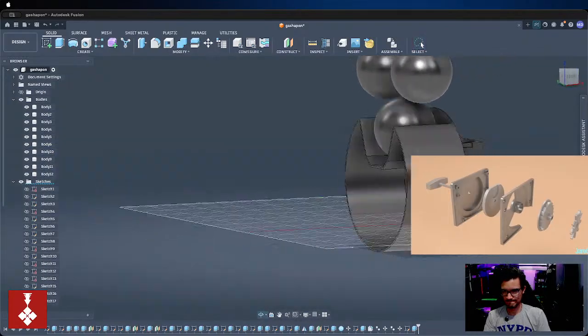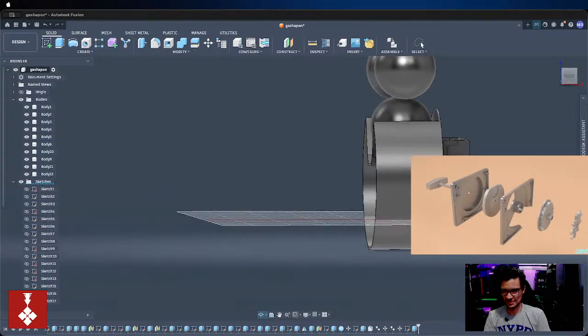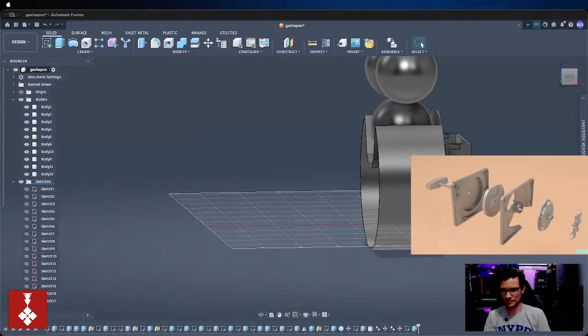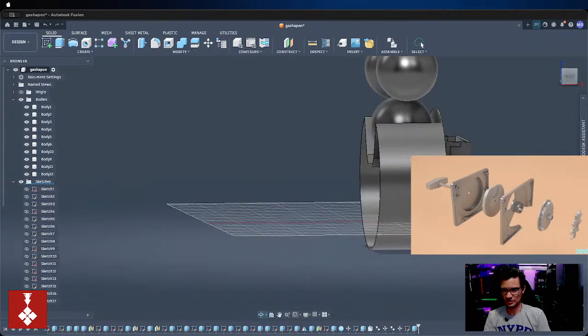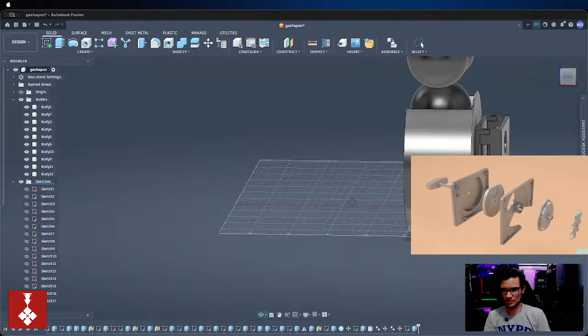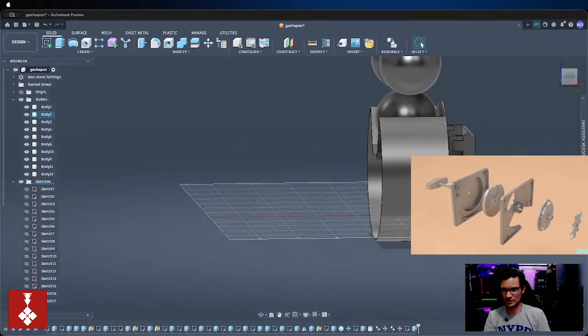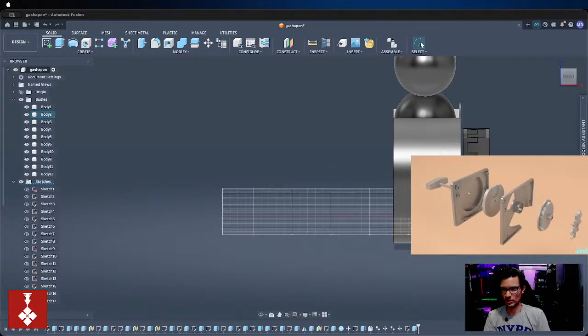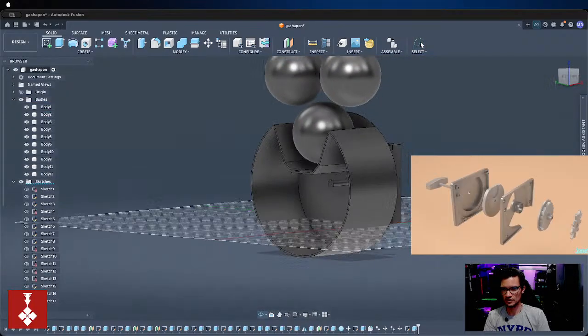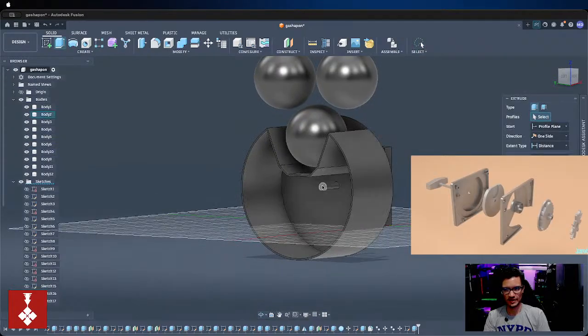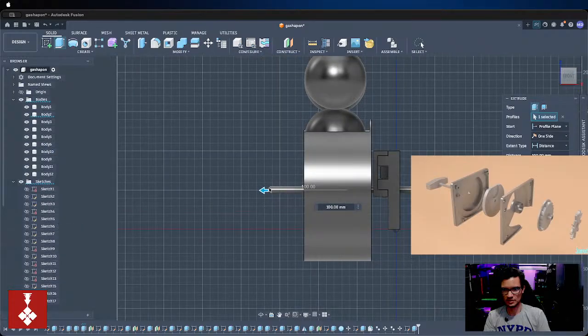So I was thinking that this mechanism is not going to be too stable if all the weight will be on this side. So if I bring this,